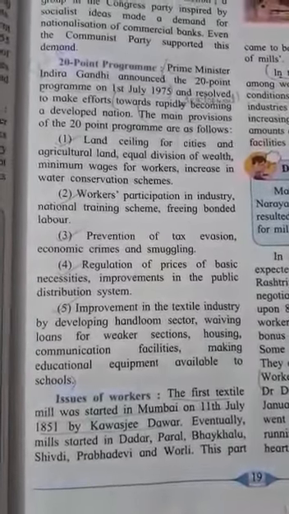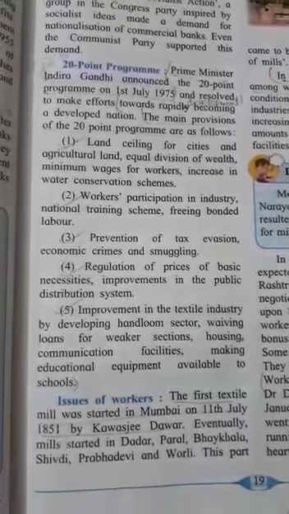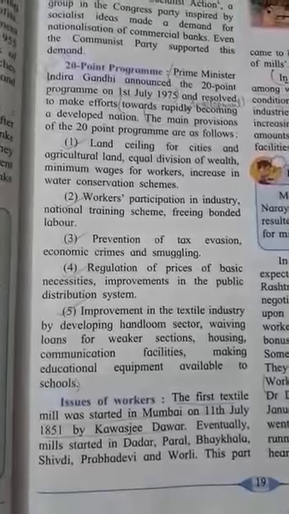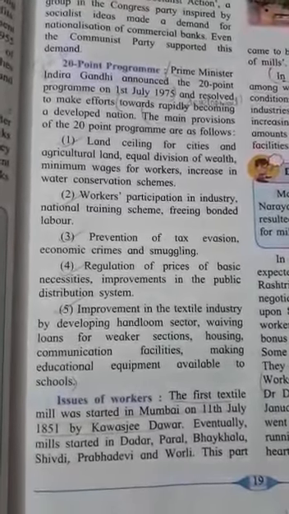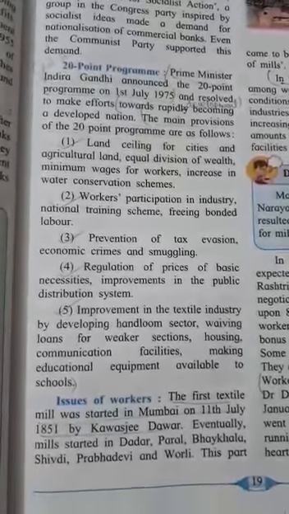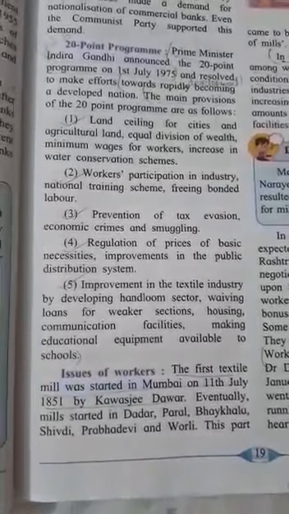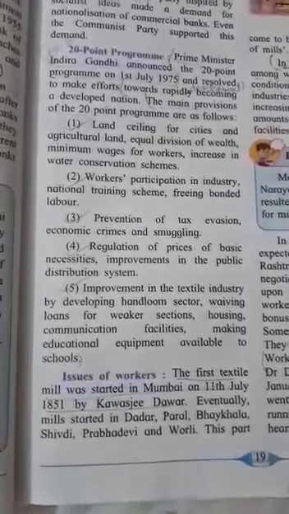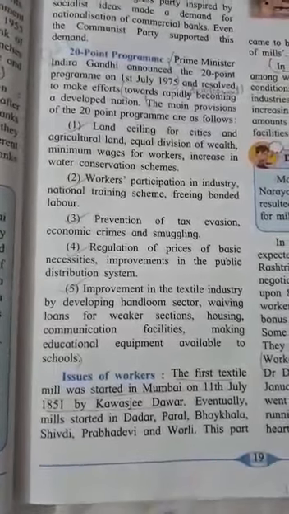Second, workers' participation in industries, national training scheme, freeing bonded labor. Third, prevention of tax evasion, economic crimes and smuggling. Then fourth, regulation of prices of basic necessities, improvement in the public distribution system. Then fifth,